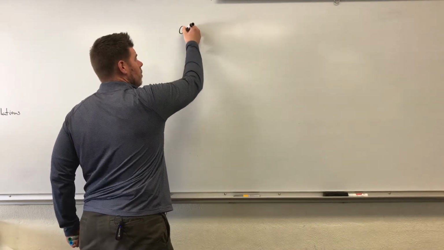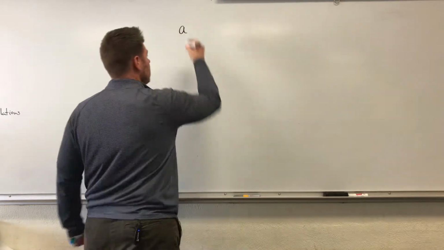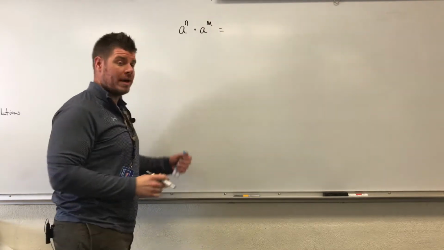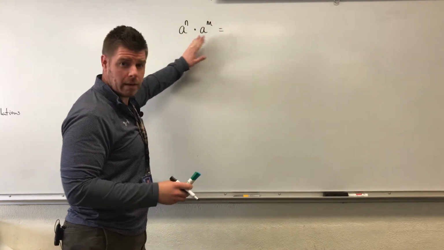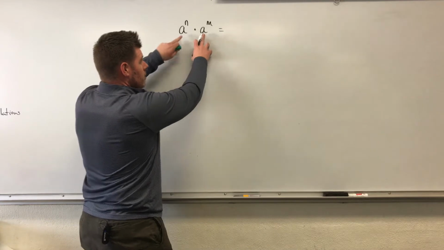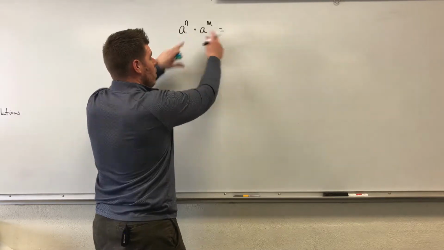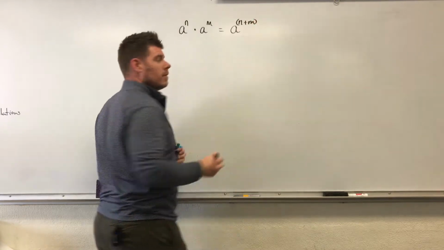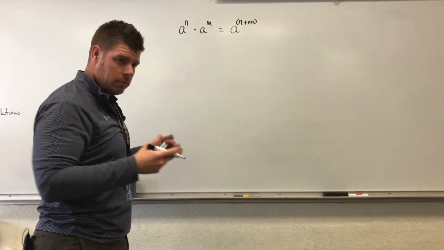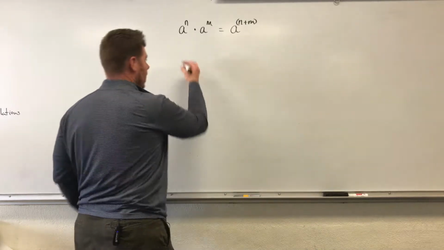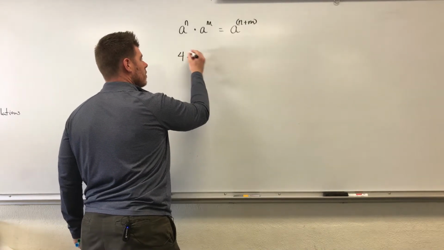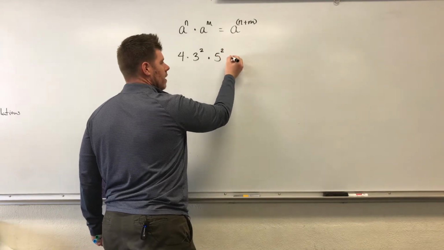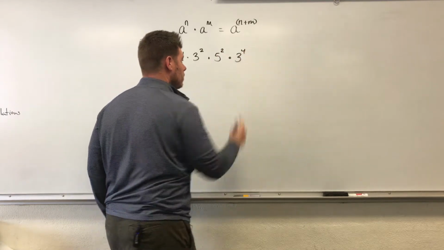You need to know your basic exponential laws, which means if I have a to the n times a to the m, so basically if I have things being multiplied and two of them have the same base, I can add their exponents together. That's an important property. So if I have a strand of multiplication, like 4 times 3 squared times 5 squared times 3 to the 4th,